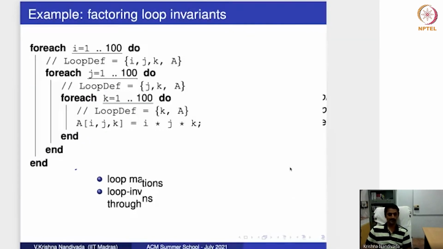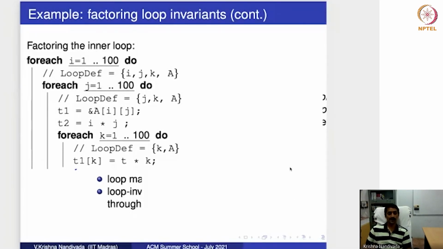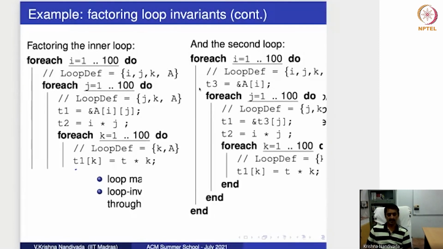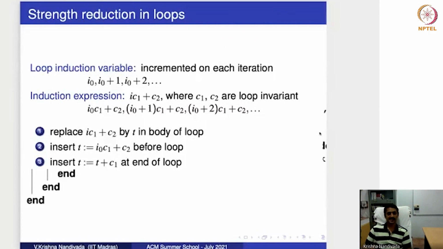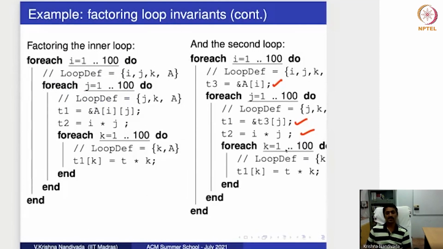idea. So as we saw, this particular code, we can replace it this way, where I move the a sub i, a sub ij and this multiplication. As a result, I get far fewer array index operations and multiplications. Okay,